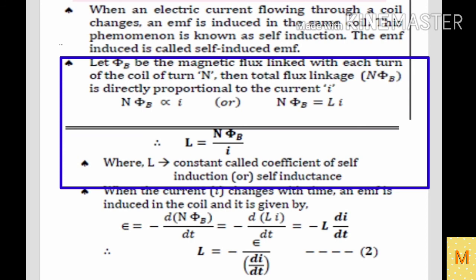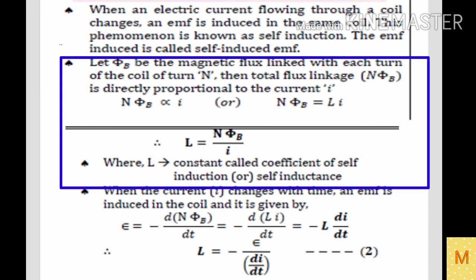Then the total flux linked with the N number of turns is directly proportional to the current flowing through that coil, which can be written as Nφ_B ∝ I, or Nφ_B = L I. Here the proportionality is replaced by the proportionality constant capital L. This L indicates the coefficient of self-induction or self-inductance,